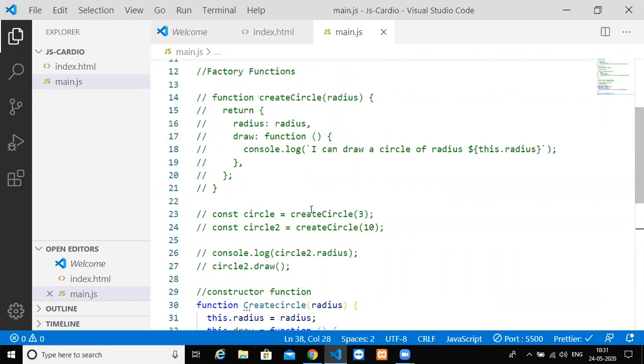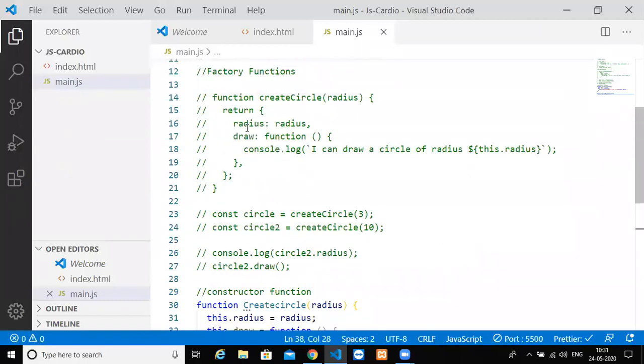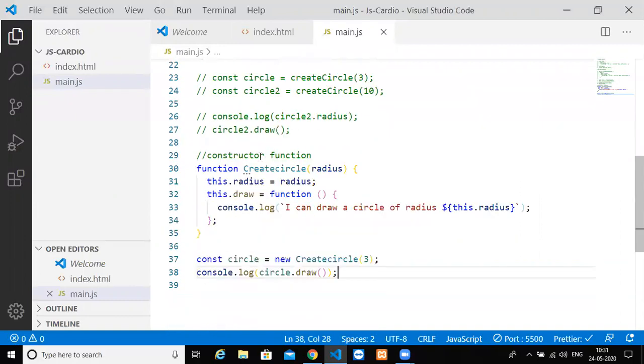Now, what is the main difference between factory functions and constructor functions? Factory functions use camel casing as the naming convention, and they return an object directly from that function. In a constructor function, we create the function with Pascal notation, and then we define properties. These properties are assigned as the properties of the object that is created by using the new keyword.